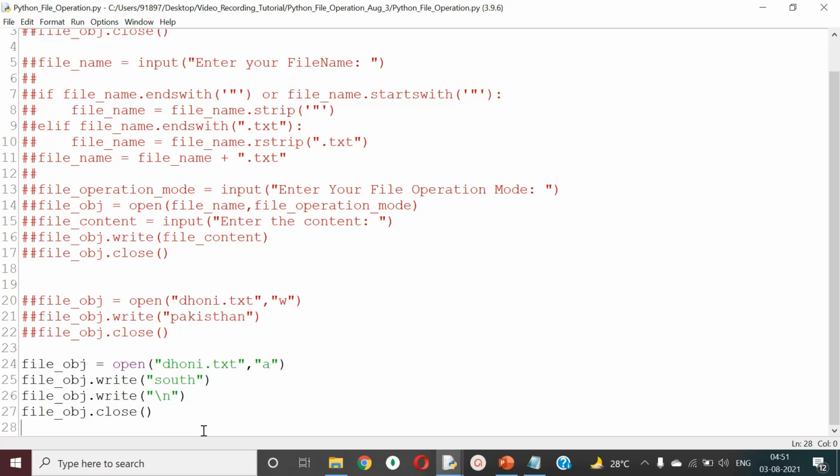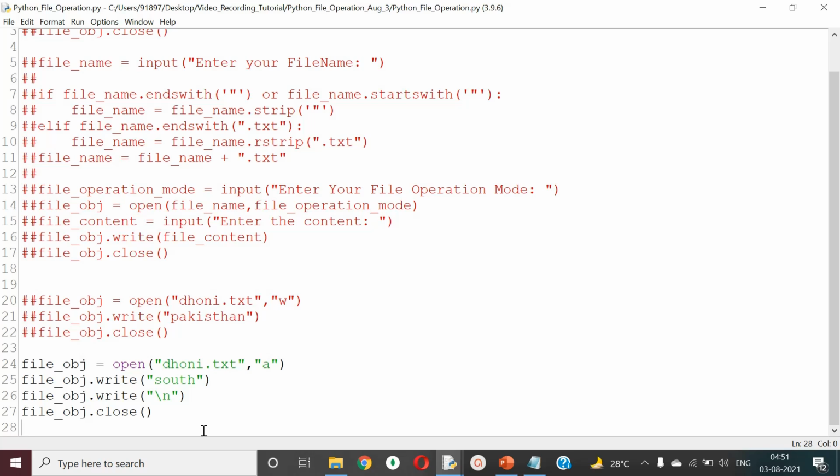The point to be noted is that both write as well as append work on the principle of pointers. So when somebody asks why write overrides the previous content, tell them it is because of the existence of the pointer or cursor.